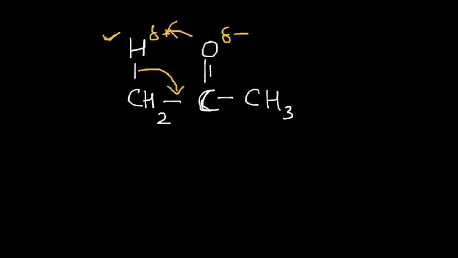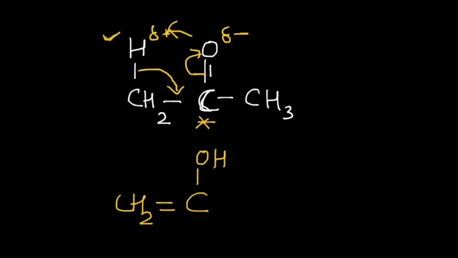That will cause this carbon atom here to have 5 bonds, which is not possible, and so this bond between carbon and oxygen will break and a bond between oxygen and hydrogen atom will form. So what we end up with is a double bond between the two carbon atoms and a new bond between oxygen and hydrogen atoms, and the rest of the molecule remains the same.